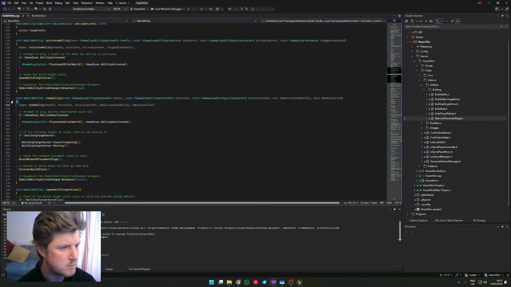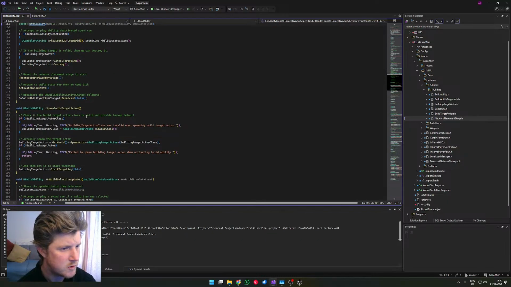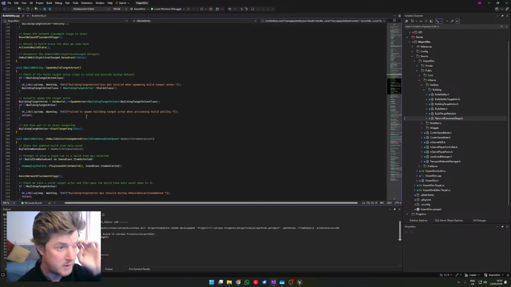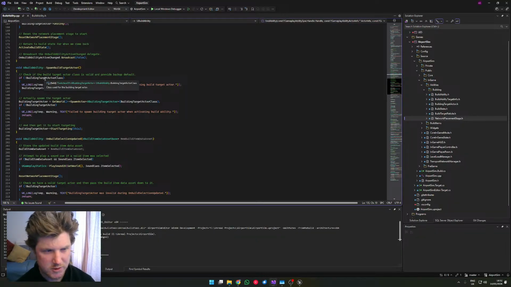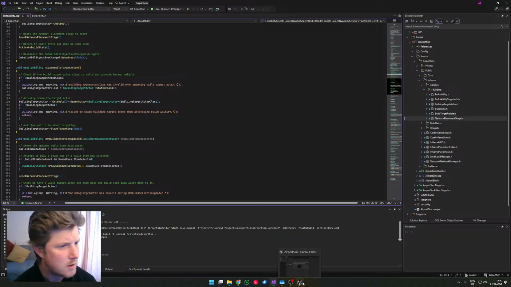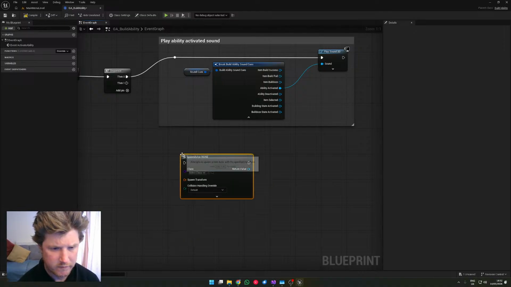So let's just minimize this for a sec. Okay. Right. So we need the target actor class, but we could probably do away with that. We only need to store that as a variable so that we can select in blueprints to then use it in C++. But if we're doing it directly in blueprints, then we don't actually need to do that. So let's go here, spawn actor from class,